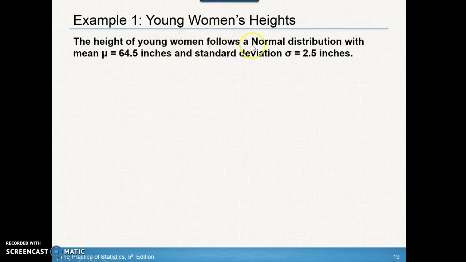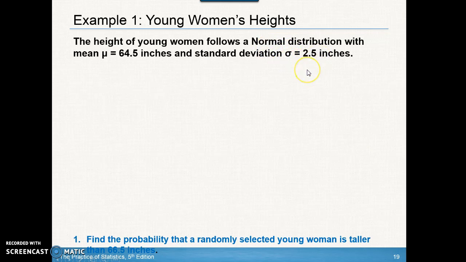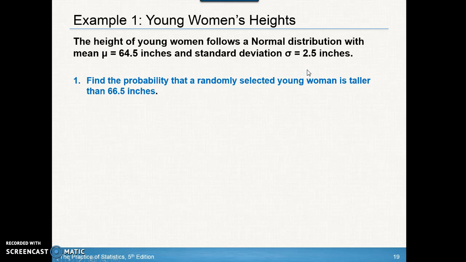So the height of young women follows a normal distribution with mean, now note that that's the population mean, 64.5 inches, and population standard deviation of 2.5 inches. Let's take a look at this question. This says, find the probability that a randomly selected young woman is taller than 66.5 inches. Since this is just talking about one randomly selected young woman, we should recognize that